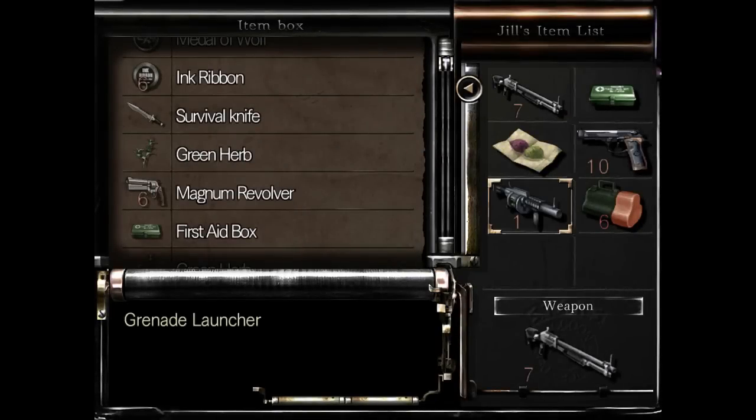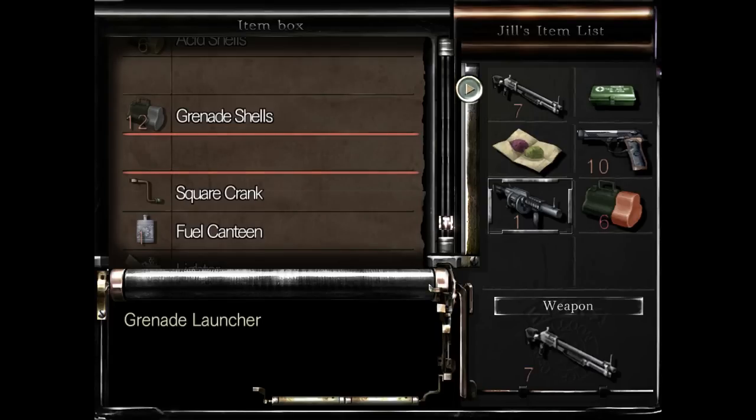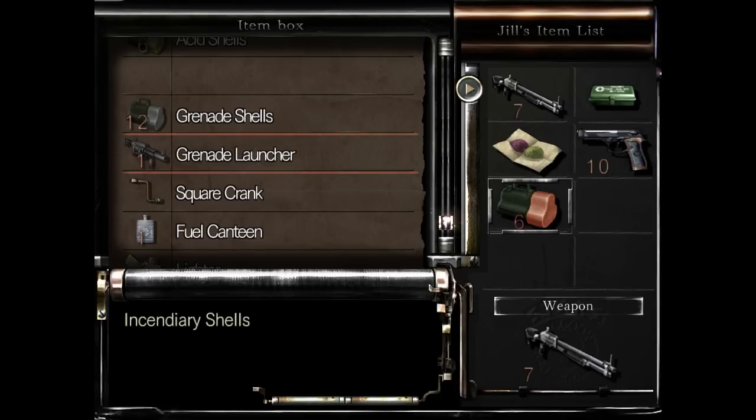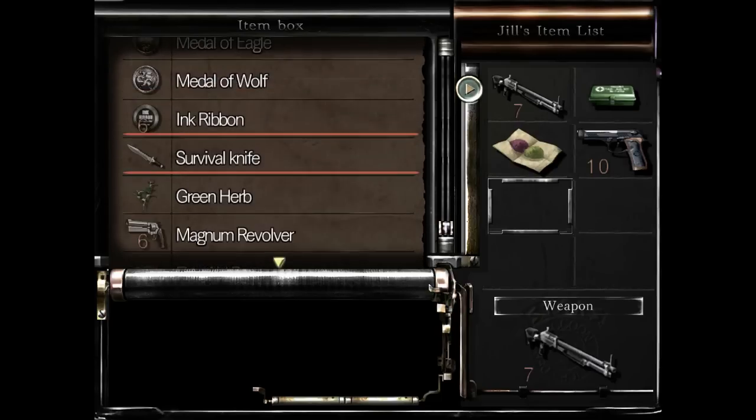Alright, I don't need the grenade launcher for the very moment. At least I don't think I do. Actually, maybe I should hold on to it just to be on the safe side. No, I'm not going to. Guess it's the wrong type of bullets loaded up there. What I am going to take is...